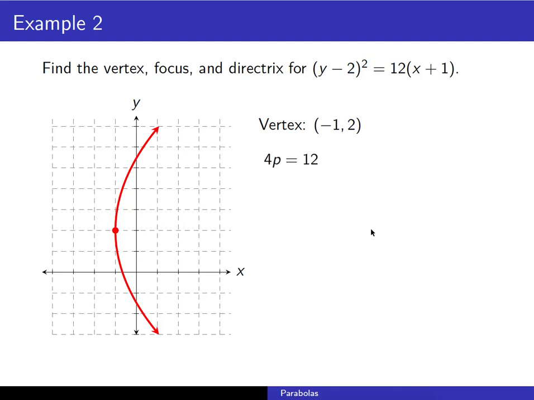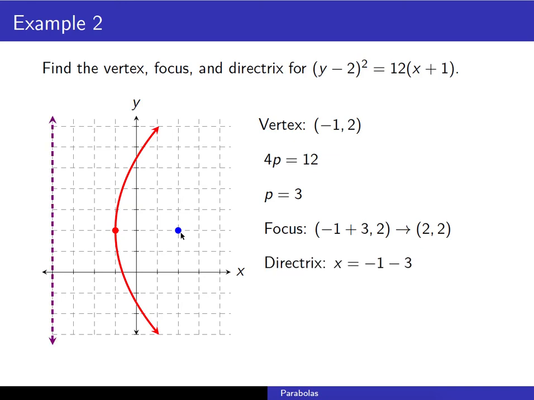To get our focus point, we'll take 4p equal to 12, which means p is 3. So from this vertex, we'll count 3 spaces to the right to get our focus point, and 3 spaces to the left to get our directrix line, which in this case is going to be vertical. Your directrix line is never going to hit your parabola. So counting 3 spaces to the right of our x-coordinate, we're just going to add 3 to -1, and we get a focus point of 2, 2. For our directrix line, we're going to subtract 3 from our x-coordinate, and that's going to mean our directrix equation